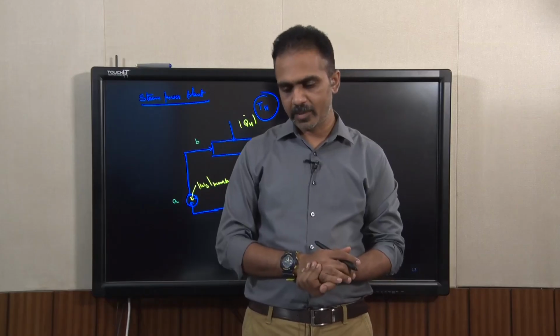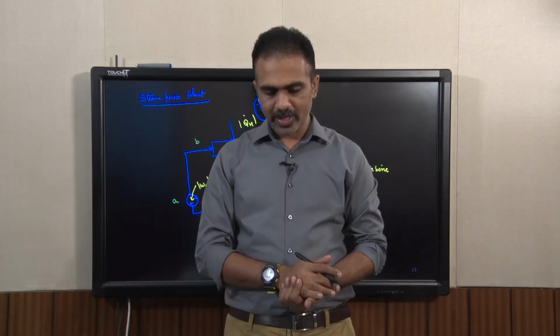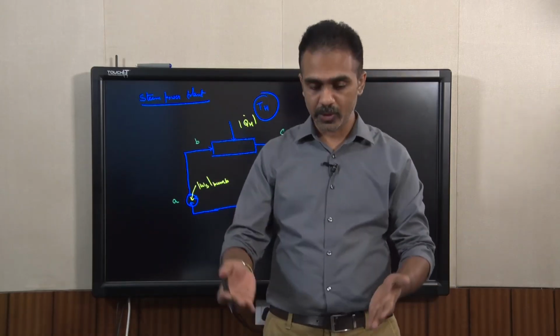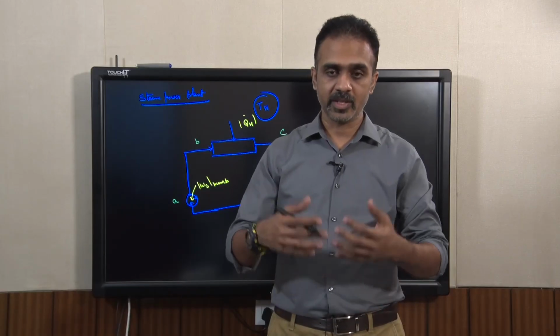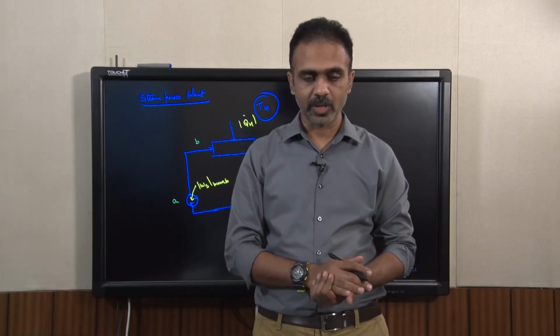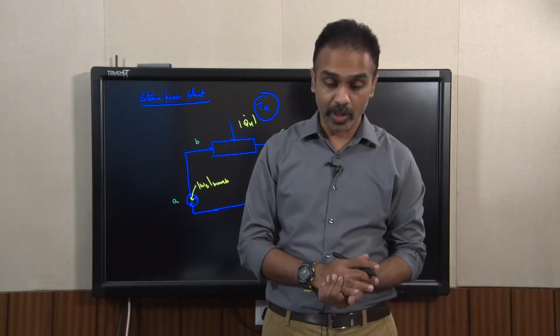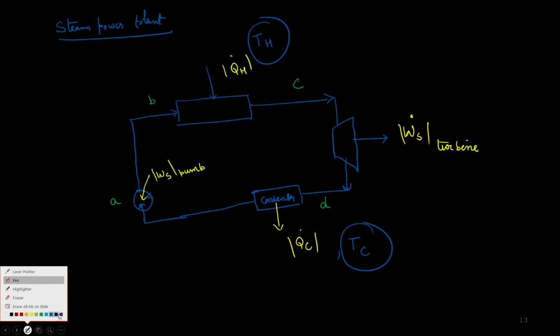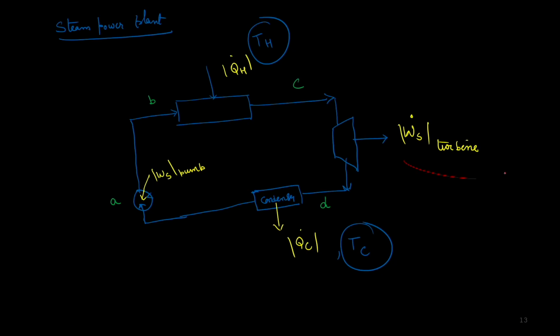So this is how a steam power plant works, and if you want to calculate the maximum possible thermal efficiency for the process, I'm burning so much fuel, so if I know the calorific value of the fuel, I know how much heat I can transfer to the working fluid, and for this heat I'm transferring to the working fluid, what would be the work I can produce out of the turbine? There is some consumption of work in terms of pumping the liquid, so WS pump. Everything else is the work coming out of the turbine through the entire process. And what would be the maximum value? I can answer this question